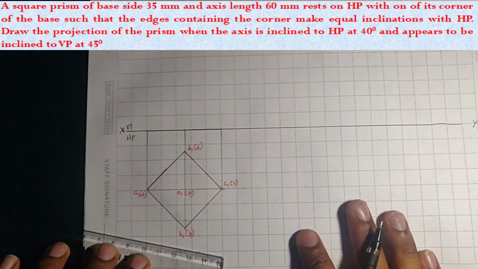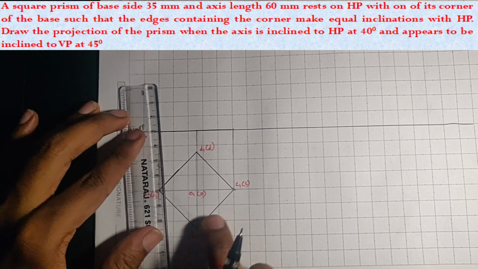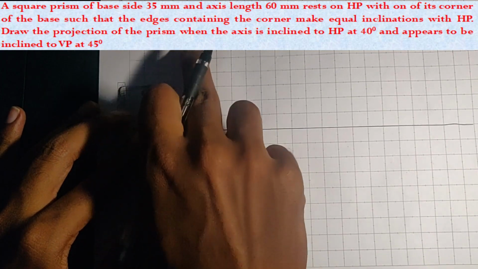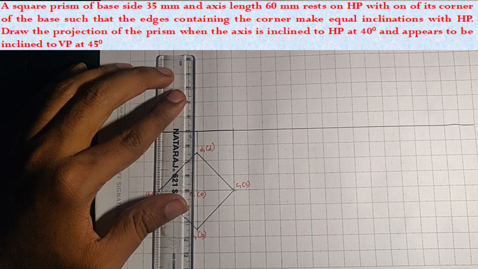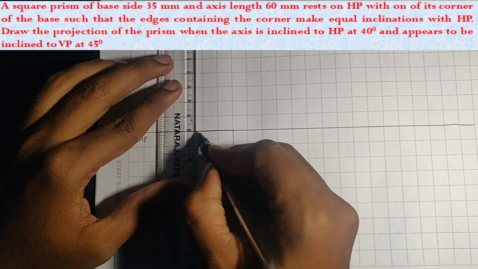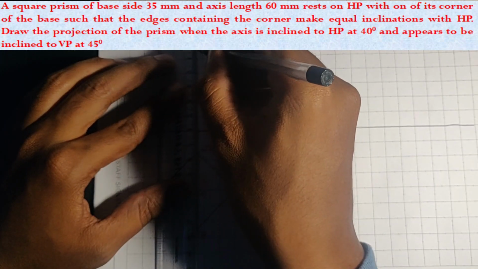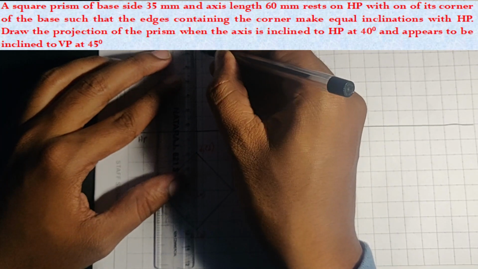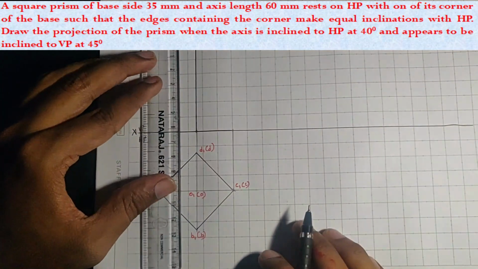So now the height is required now. So when I take this height, since it is corner condition, this edge is visible here vertically. So as we have discussed in the previous problem, let me take the height here. The height given here is 60 mm. So I'll place a scale and measure 60 mm and join this by a visible line. So I'm joining this by a visible line. That is what I've done.